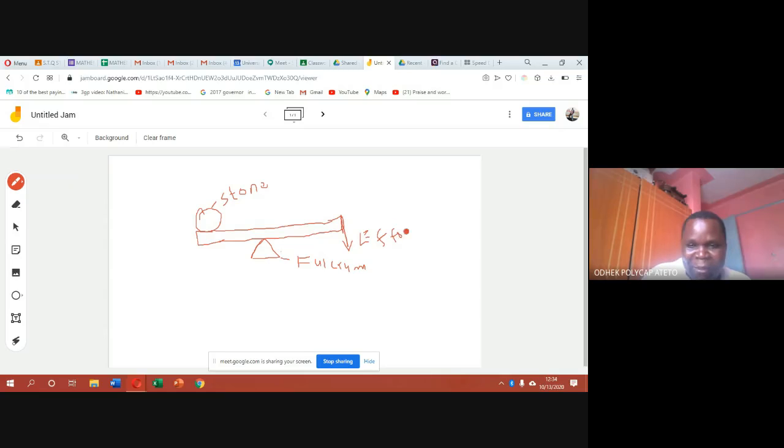Now, when I apply the effort there, what is going to happen is that the load is going to go up. So the load is going up. This is the load now. So the stone will be pushed upwards. So if this is the load, this is the fulcrum, this is the effort, what we are trying to talk about,